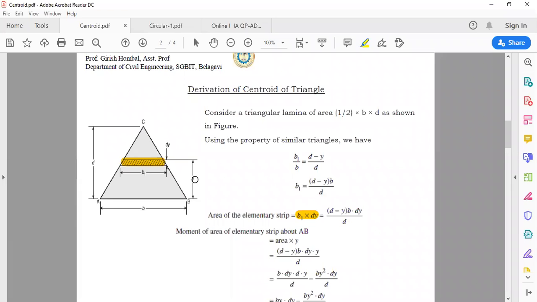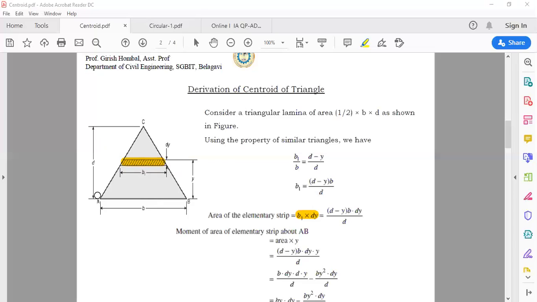Now, how do I do that? I'm going to consider the property of similar triangles. Similar triangles in the sense, in this diagram, you have two triangles. Which are those? One is A, B and C. The other one, say this, you take it as D, E and F. So this is one triangle, and the total is one bigger triangle and one smaller triangle.